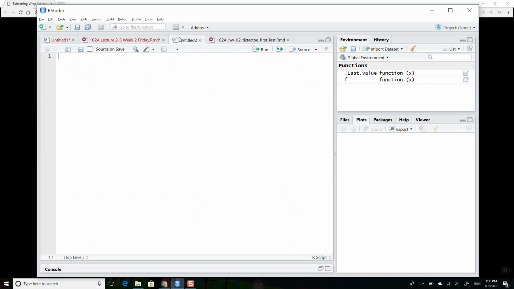My rule of thumb is if the code you're writing is going to go over 15 lines, don't do it in the R Markdown file, but create a separate R script, okay? And that's because